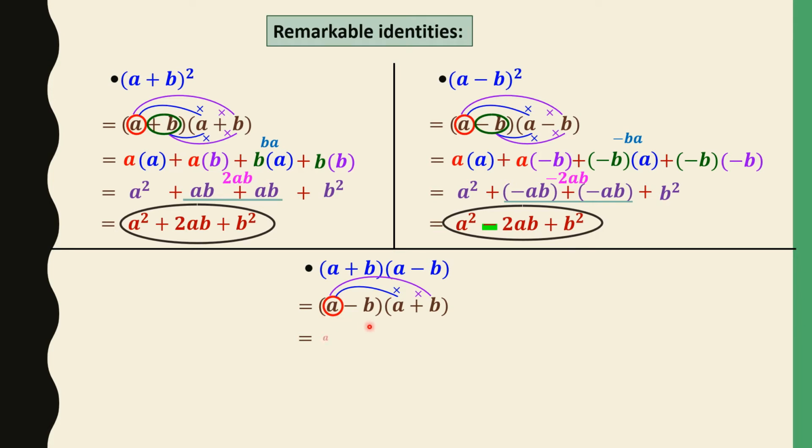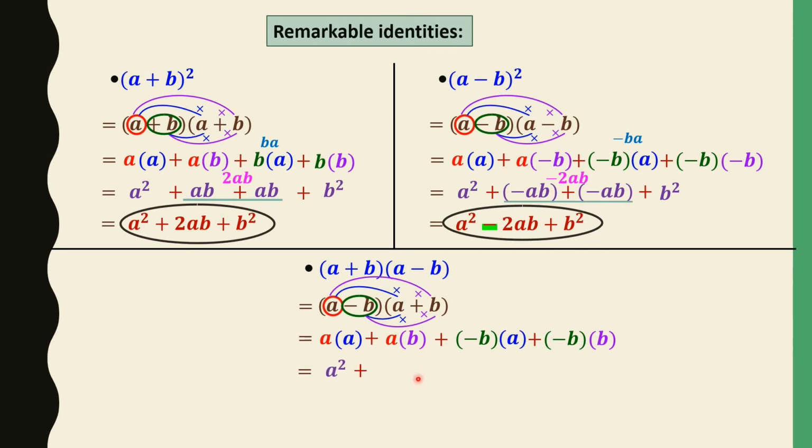We obtain a into a, we write plus, then a into positive b. Then we write plus. Now we multiply negative b by a, then negative b by positive b. We obtain negative b into a, we write plus negative b into b,